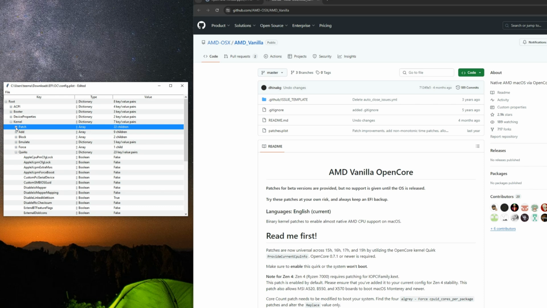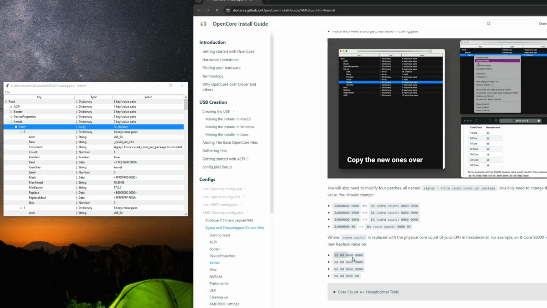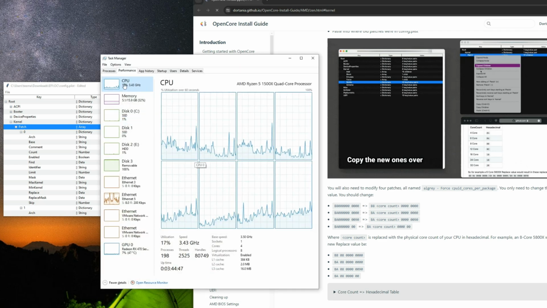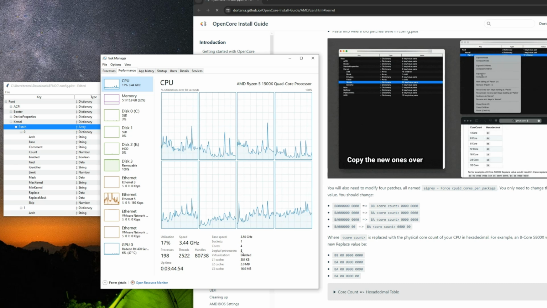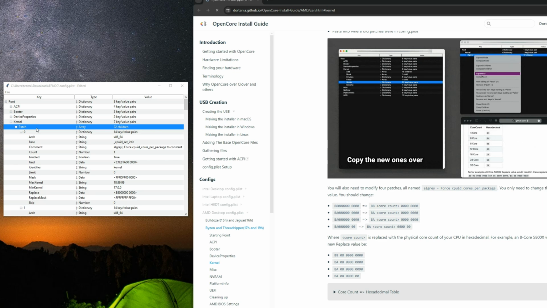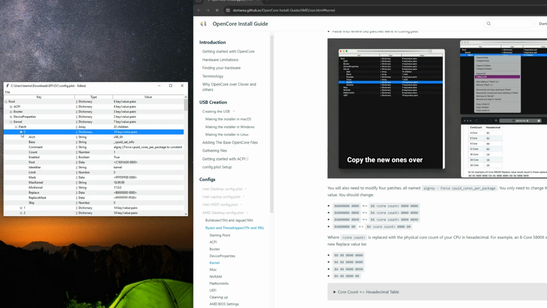Now we have to make a few changes in this patch. So let's open the patch. So you can see we have to make changes based on our CPU cores. So first, hold Ctrl Shift Escape to open your task manager and then go to your CPU. And right here you can see cores under CPU. For cores, I have 4 cores and I have 8 threads. So what we need is the number of cores, which is 4. So under patch you can see 0, there is 1, there is 2, there is 3, and the rest of that. So open 0, and then under replace we have to replace this value you can see right here with